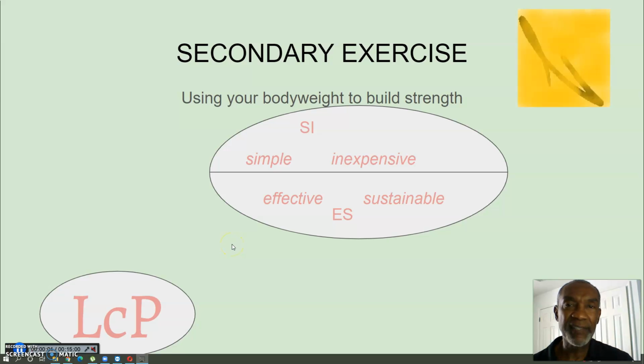Secondary exercise, using your body weight to build strength. Today we're going to talk about how we use our body weight to build strength throughout our bodies and why this is necessary. If you remember, on the primary exercise we talked about walking and moving, using your body as it was meant to. And on the secondary exercise, we're going to talk about why and how we build strength